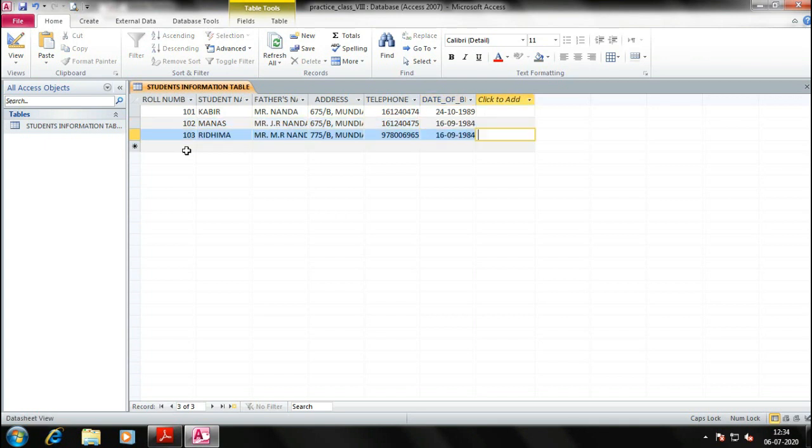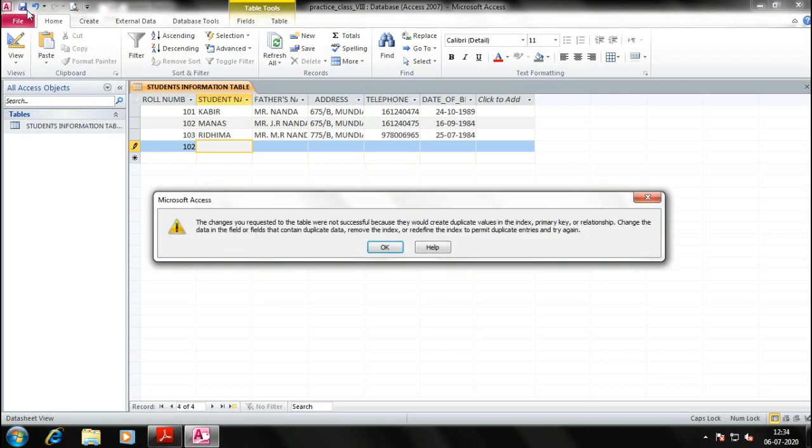Sorry. Okay, so now the feature was to reduce the repetition. By mistake I wrote 102 here. When I save it, it will prompt me with an error: the changes you requested to the table were not successful because they would create duplicate values in the index, primary key or relationship.